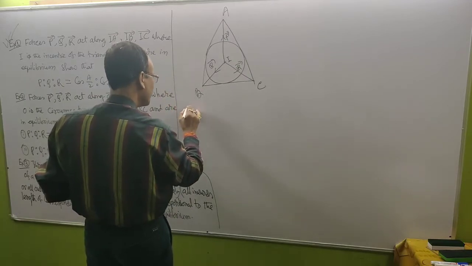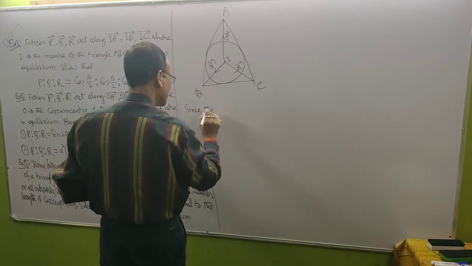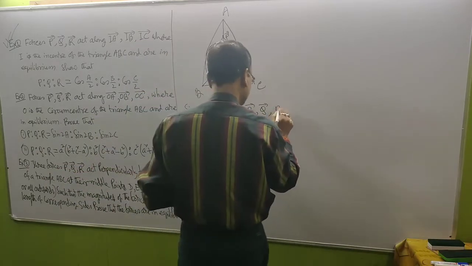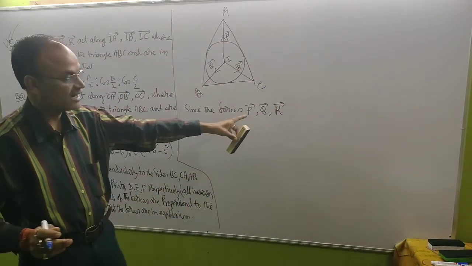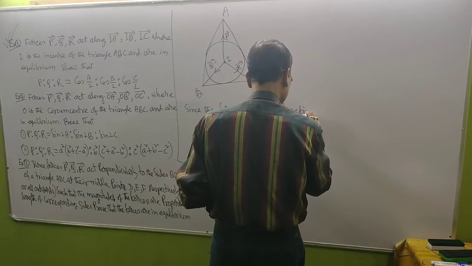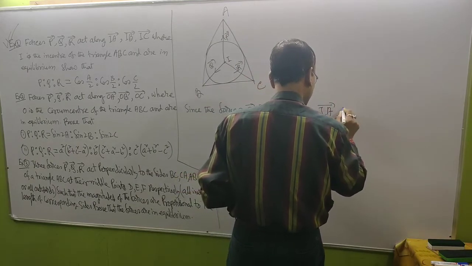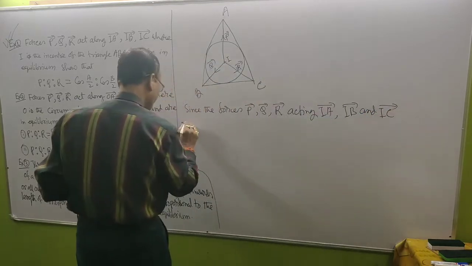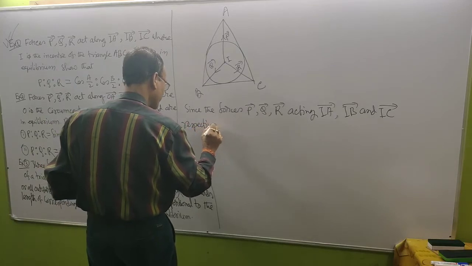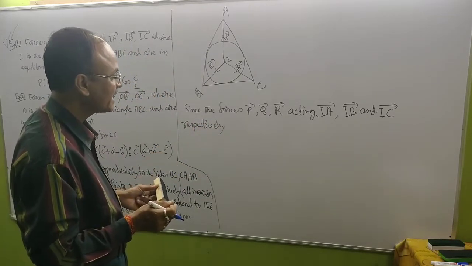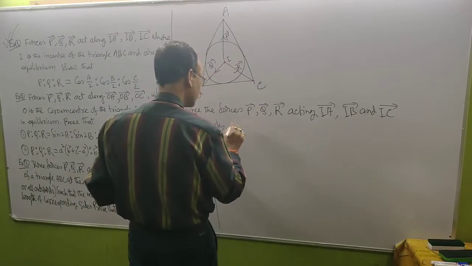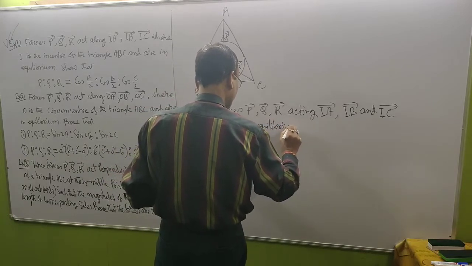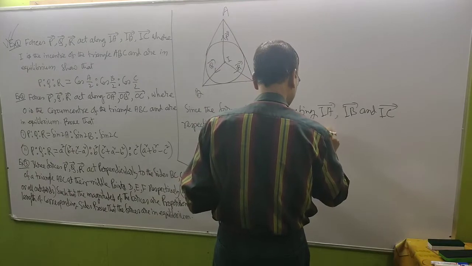You see, since the forces P, Q, R are acting along IA, IB, IC respectively, and are in equilibrium, therefore, by Lami's theorem, we get